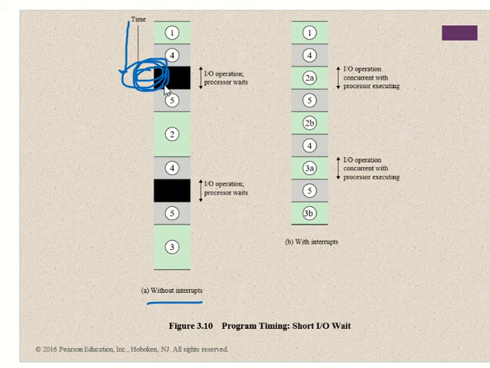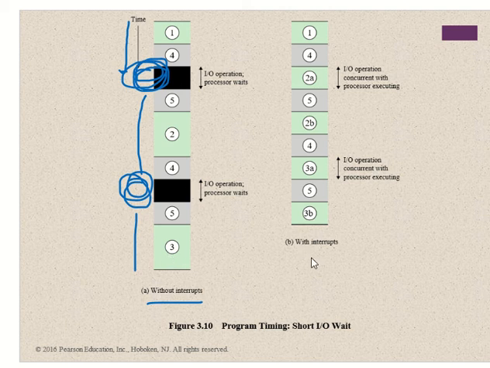What does it mean? It is simply sitting idle, wasting processor time, and after the IO operation finishes, it resumes, and again it is simply waiting for the IO to finish, and then it executes. So the processor time is longer.